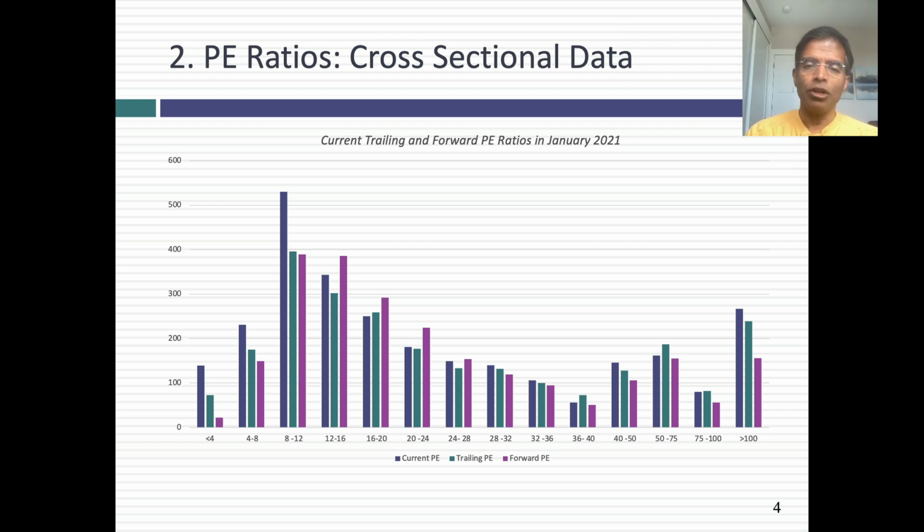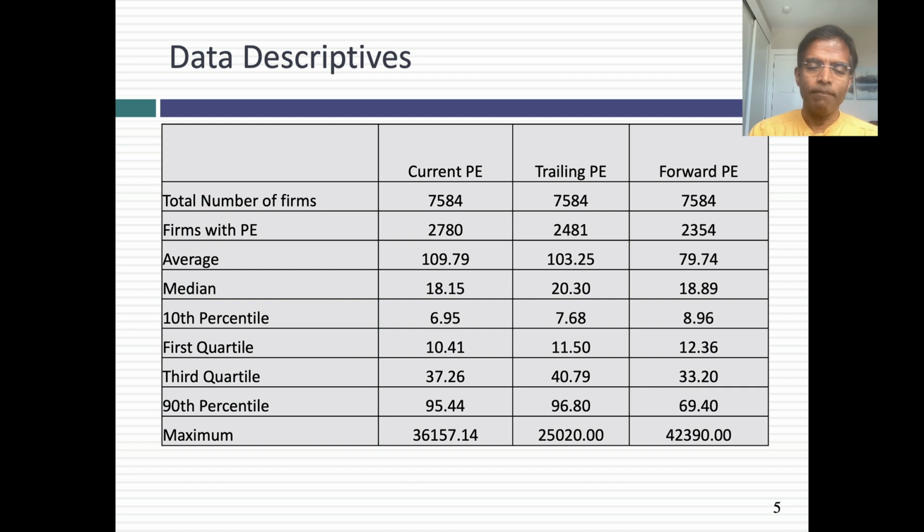This is a distribution of PE ratios across companies. Now, the earlier distribution we looked at for stock returns was across time. This is across companies. It's called a cross-sectional distribution. Take a look at this. This is called a histogram, where I've counted the companies, and you can already sense what you're going to see when you look at the data descriptives. On all 3 measures of PE, you've got a peak to the left and a tail to the right. What does that mean? Well, these distributions are definitely not symmetric. They're positively skewed. And when you look at the descriptives, you see the results almost immediately.